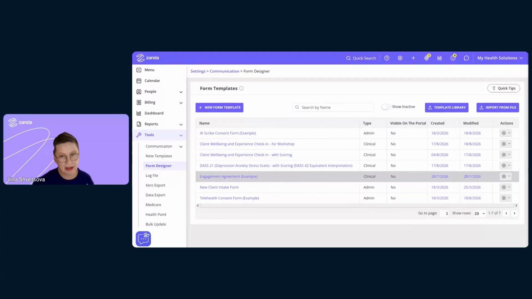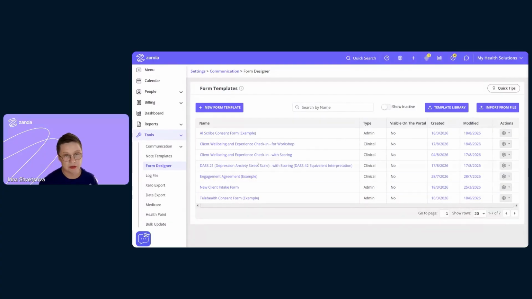All right, but now I can show you also how you can build your own form with calculated fields, the scored form, the scored questionnaire, for your own Zendesk account that is not available in the template library. It could be that you're using something specific or something that you have actually developed for your own practice, or